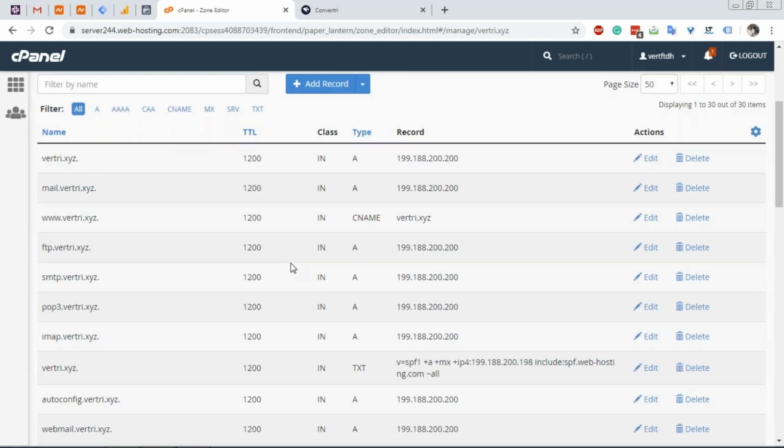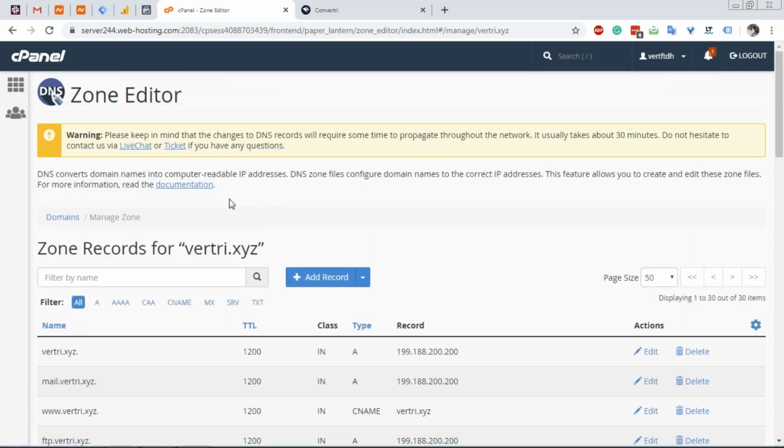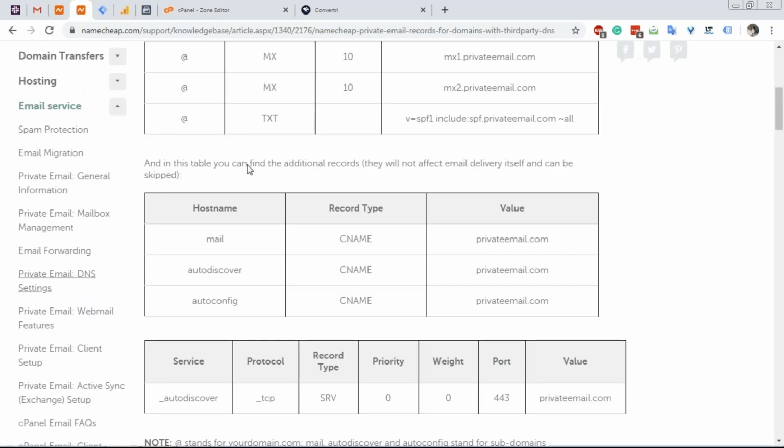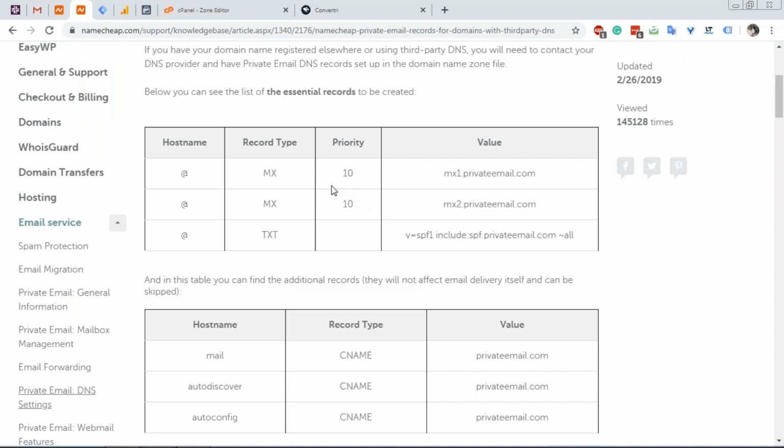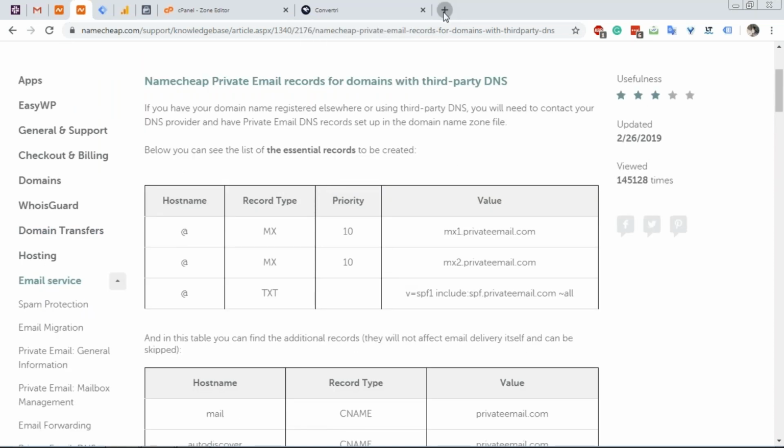So that is all the records that have been taken over now. Now, I just want to show you this. This is the private email records. So if you go to Namecheap,